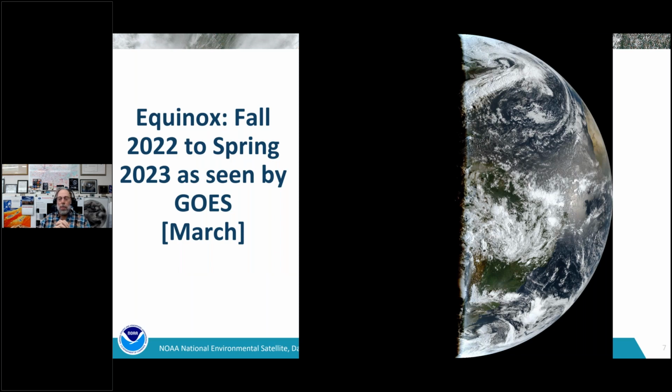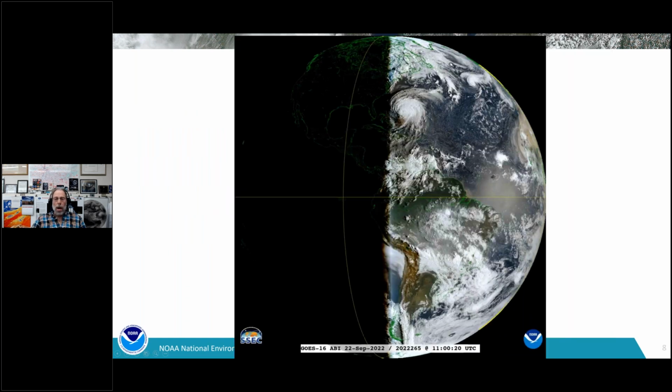Of course, March brought the equinox. So here's just showing, not filling in the dark side, if you will. So the non-illuminated terminator is a lot easier to see as we move on.